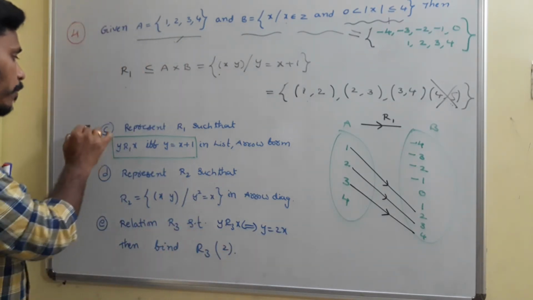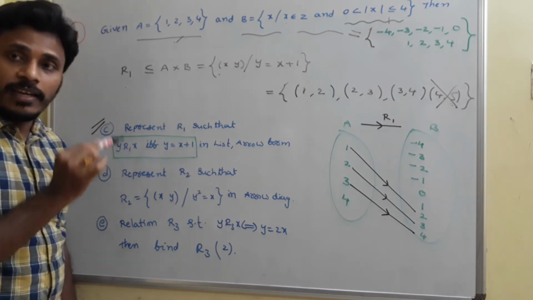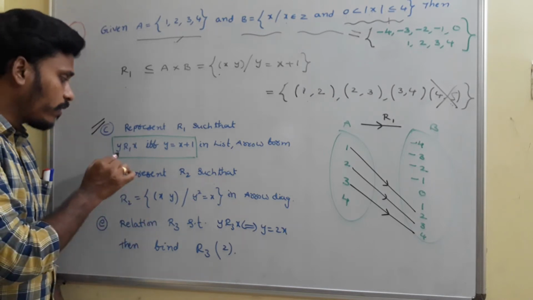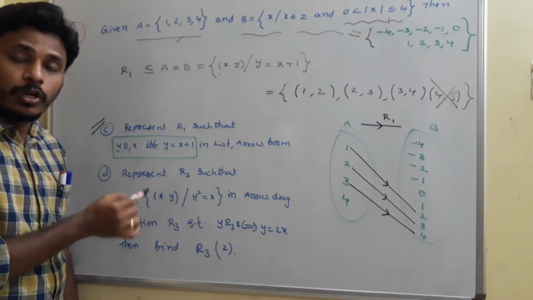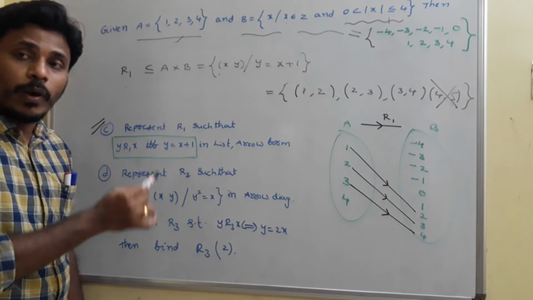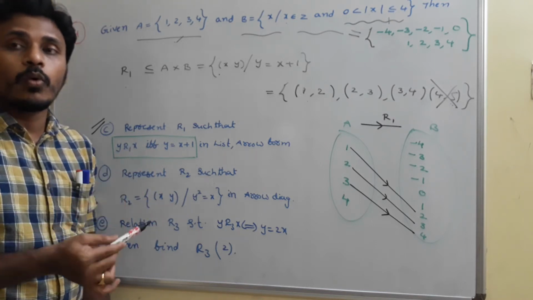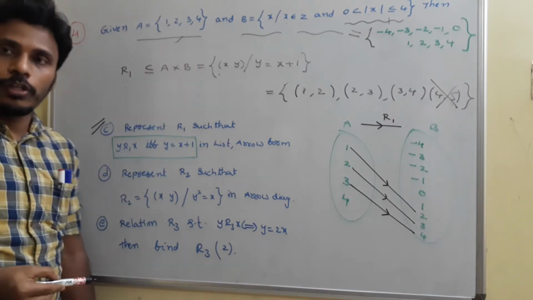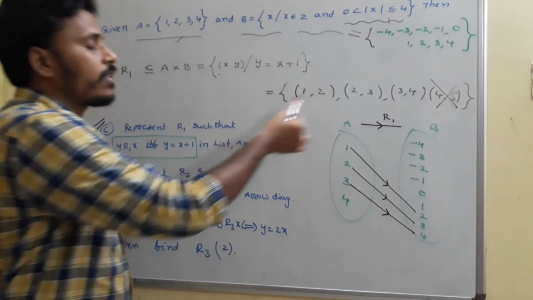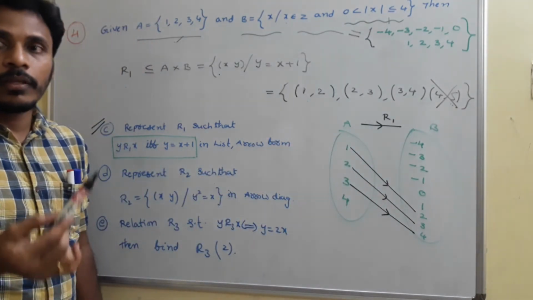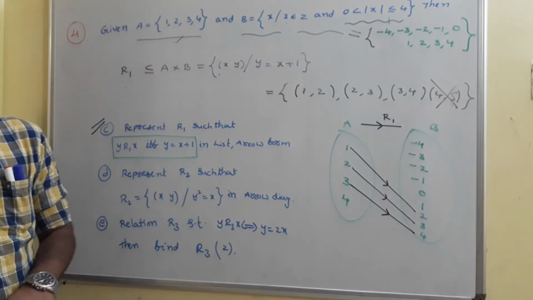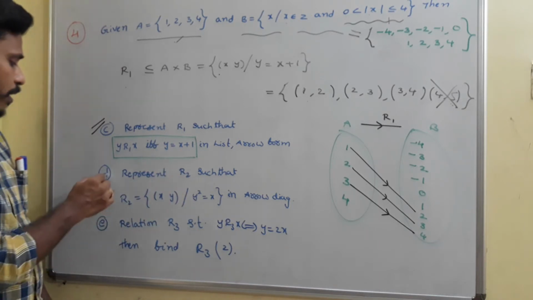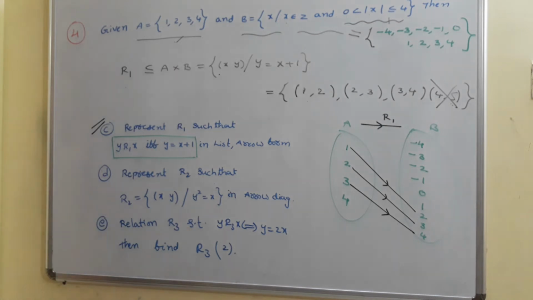At the end, just analyze the problem once again. R1 is a relation. It just connects the elements of set A to the elements of set B with this particular rule. And what is that rule? y R1 x if and only if y is equal to x plus 1. We need to add 1 to every element of set A. So set A contains the elements 1, 2, 3, 4. You just add 1 and these are the elements and this is the relation. Okay? Just have a look. And then in the same manner, just try to think about the next two bits D and E, and then I will analyze.